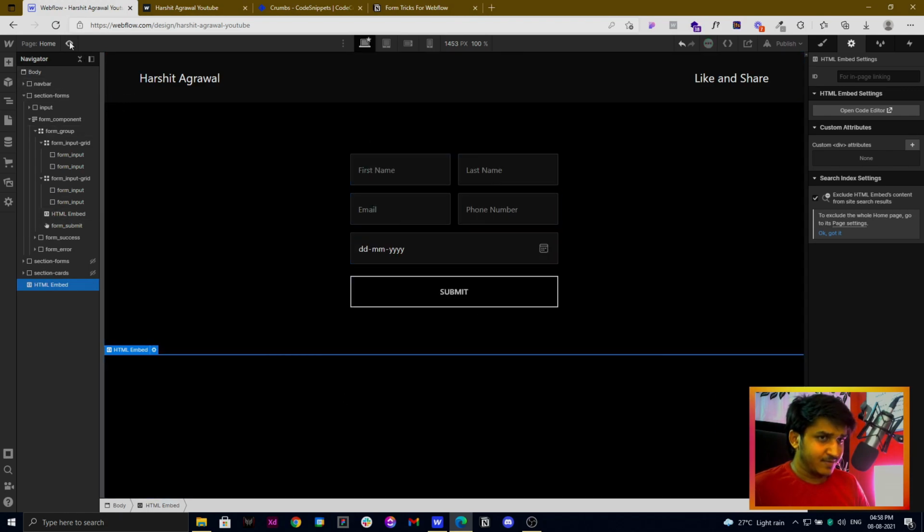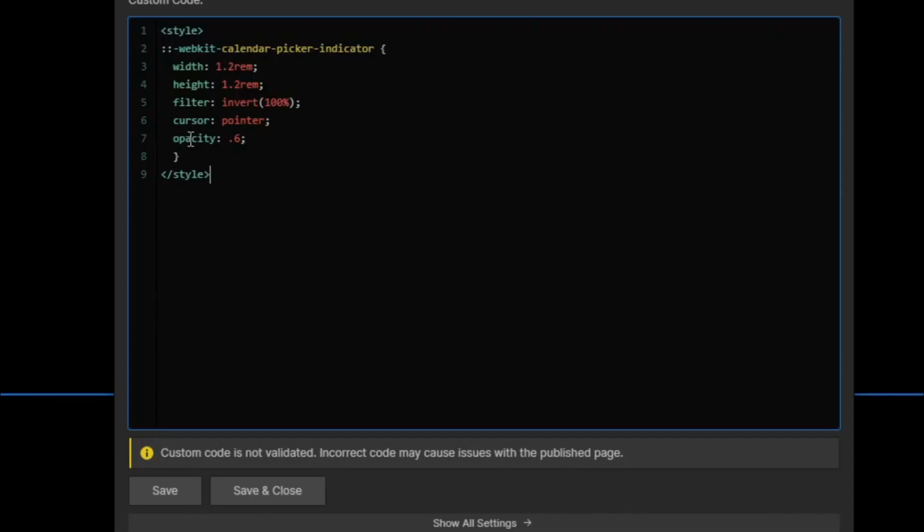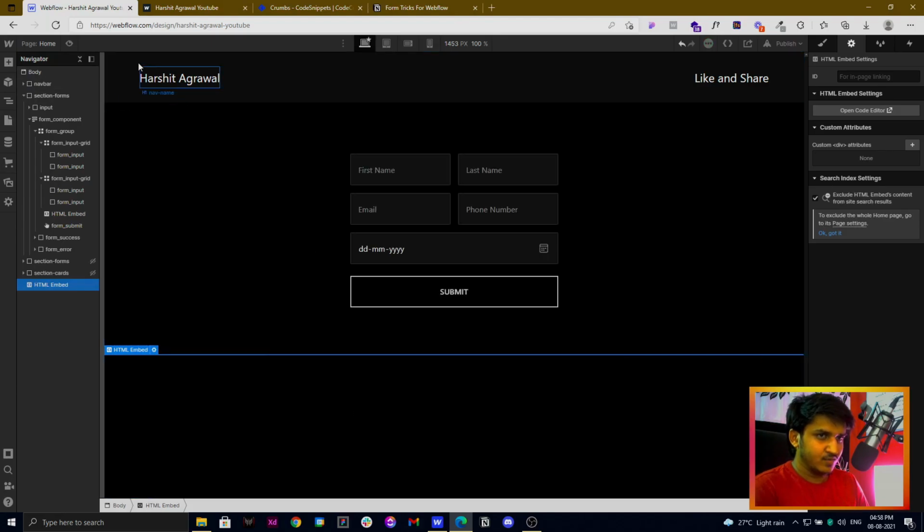Now you can see the date picker is a little bit dim version, and on hover I will change the opacity to 100%. I will again copy this code. Like in the last video, where I showed how to create interaction on hover, we will type in here hover, delete the rest of the properties, and make opacity 100%, that is 1. We will hit save and close.